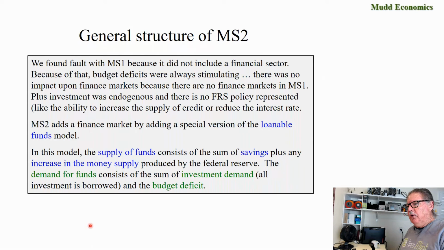model, which we saw in part 3. In this model, the supply of funds consists of the sum of savings plus any increase in the money supply or credit produced by the Federal Reserve System, and the demand for funds consists of the sum of investment demand. All investment is borrowed in the context of this model, and the budget deficit, which actually in the real world is all borrowed. So let's take a look at the new variables we're adding to MacroSim 1 to make it